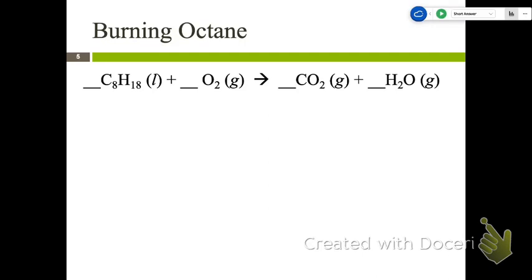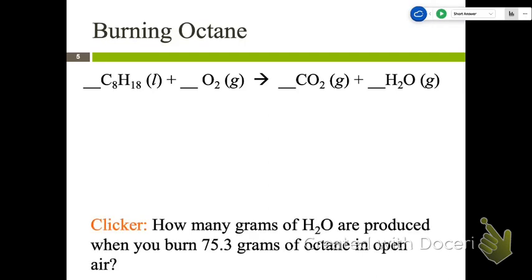And we're going to go ahead and do, I think the second one's actually with the same problem, right? Yeah, well. So how many grams of water, should we do this as numeric so I can actually get a more reasonable response? How many grams of water are produced if you burn 75.3 grams of octane in the open? First, make a solution map.